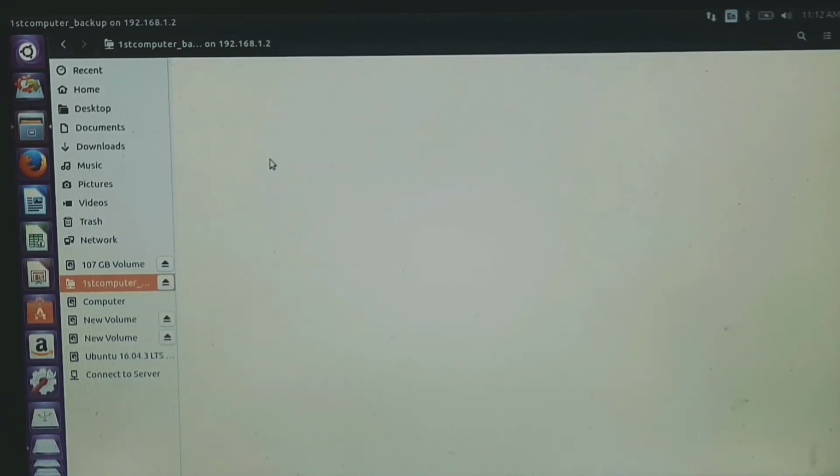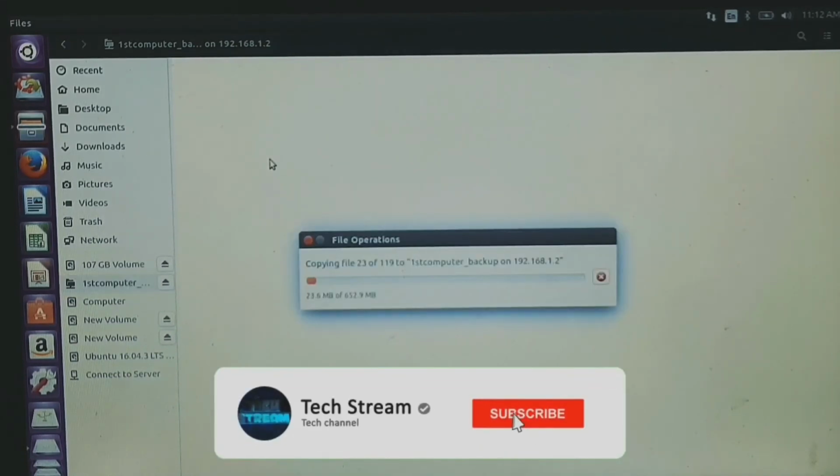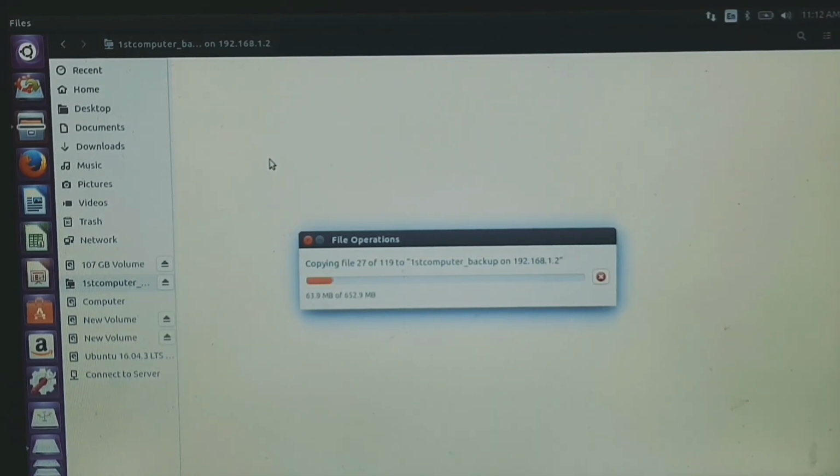It's shared with the LAN cable. Now that Windows 7's C disk picture folder files are being backed up from the first computer to the second computer. This method will help you to take a backup from your Windows 7 operating system even if you forgot your system password.